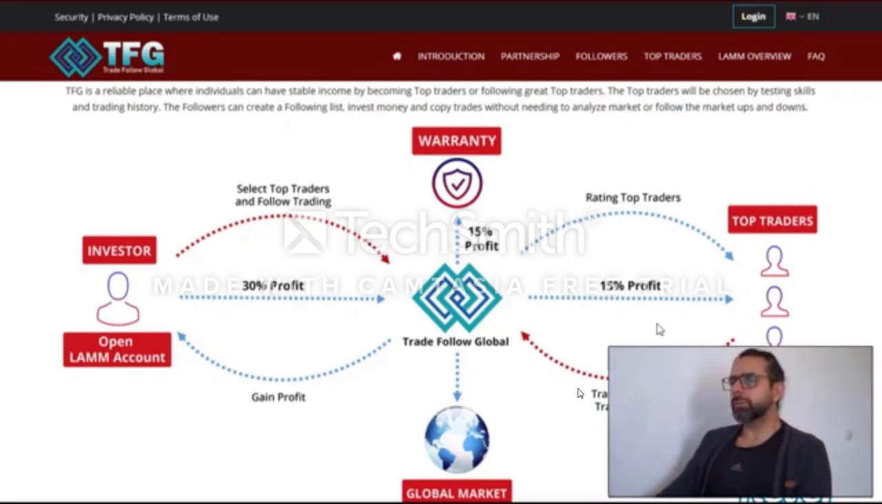If you join as a top trader, you get the opportunity to earn 15% commission on all your followers' winning trades. These followers will be following your trades, so the more successful trades you make, the more commission you make. I have other jobs and don't have time to research the markets, so I choose to be a follower, and I hope to earn daily between 0.5% to 2%,